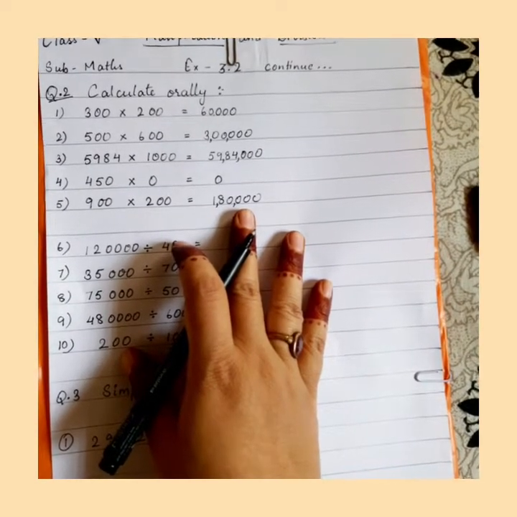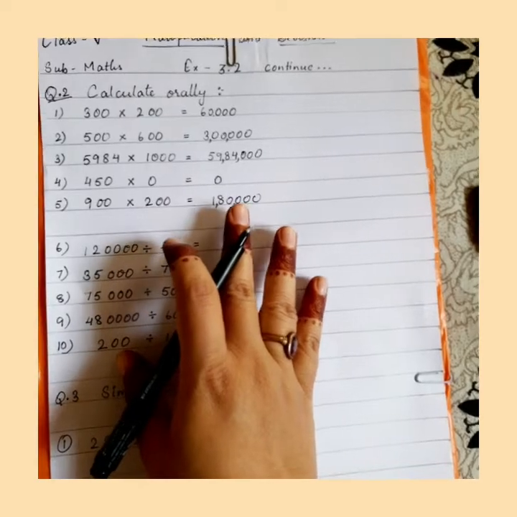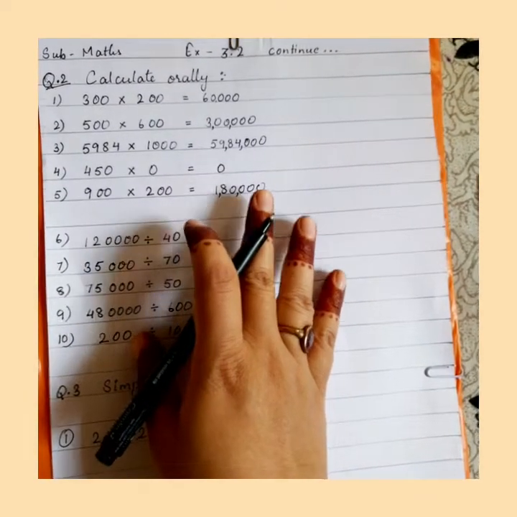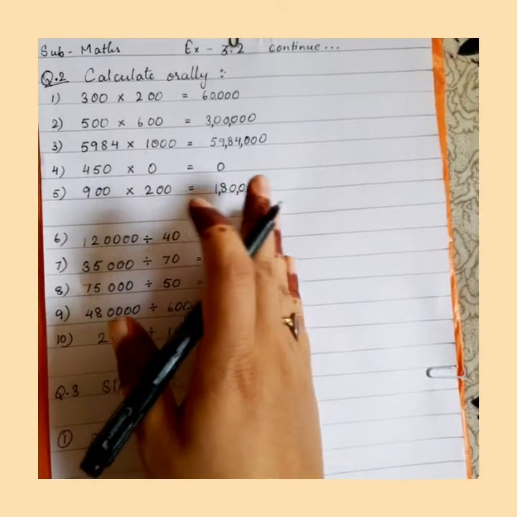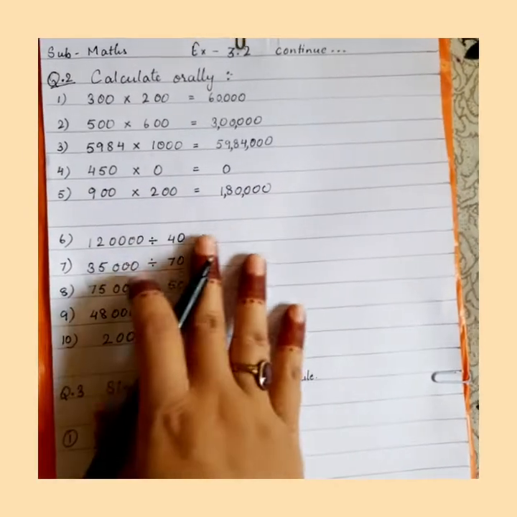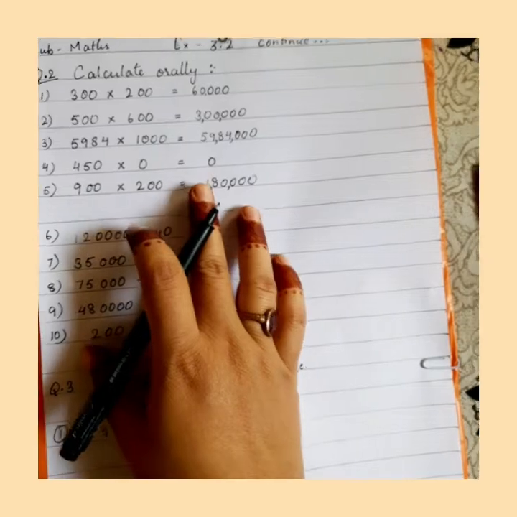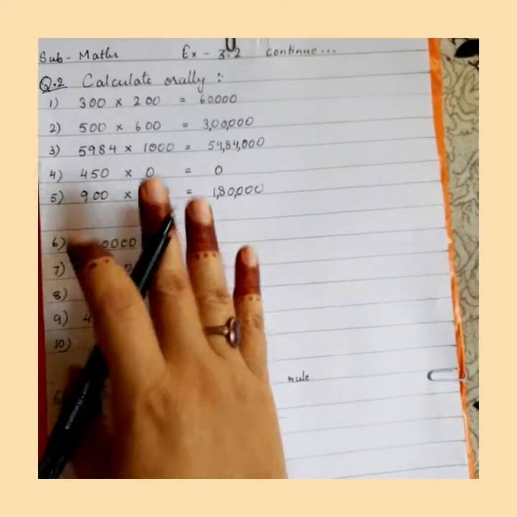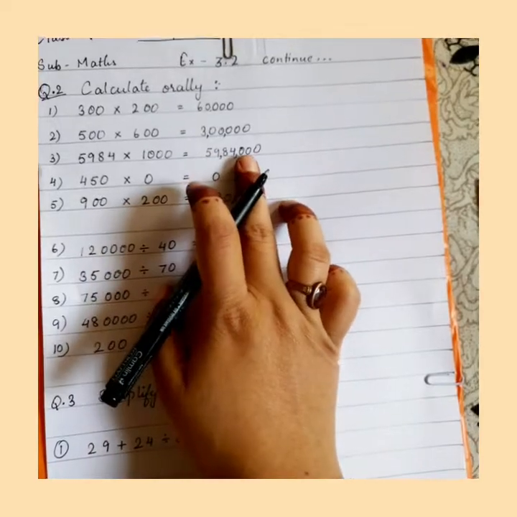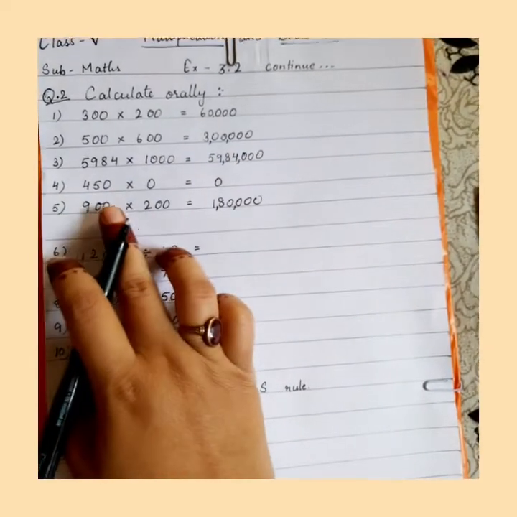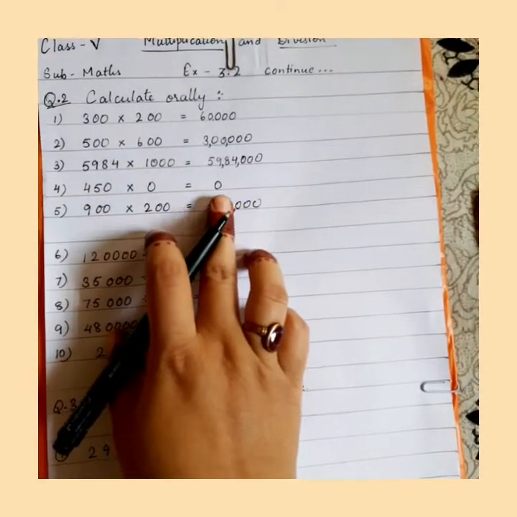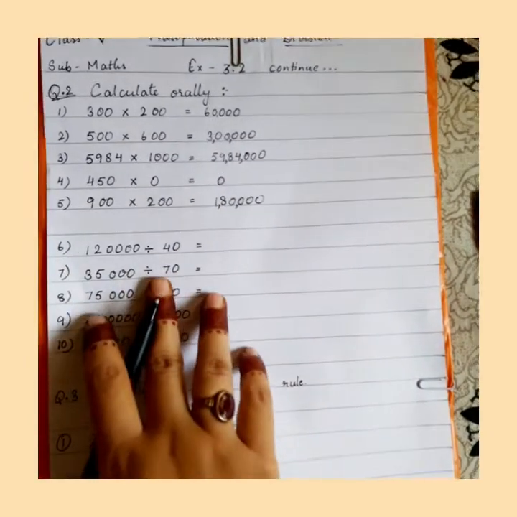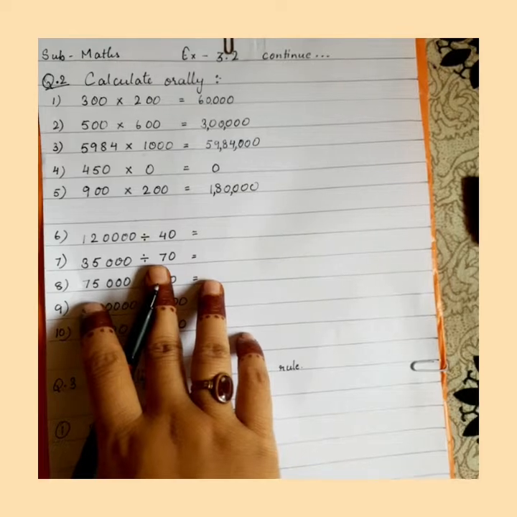I hope you can do it. This is simply your multiplication table, you all know it. So that table you have to read and do the calculations. Two things you have to keep in mind here: one, any number multiplied with 1 gives you the same result, and if 0 is multiplied with any number, it will give you 0 always. Okay, now doing the division sums.